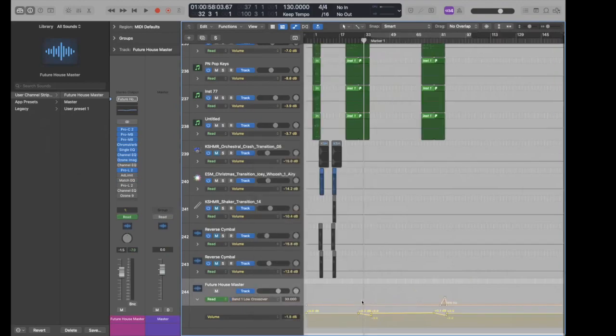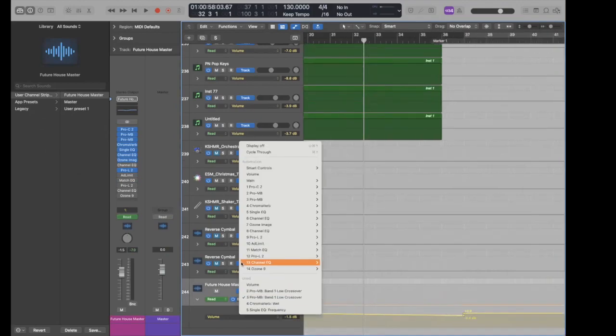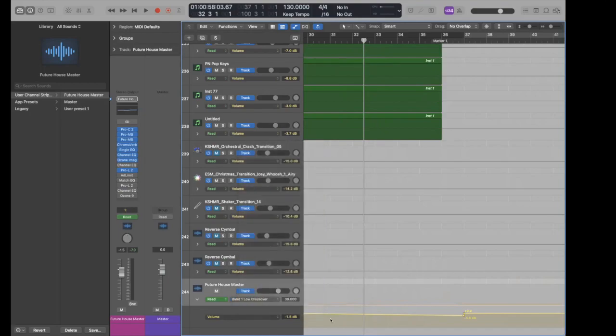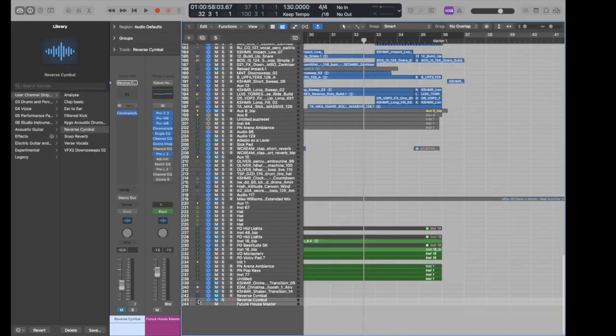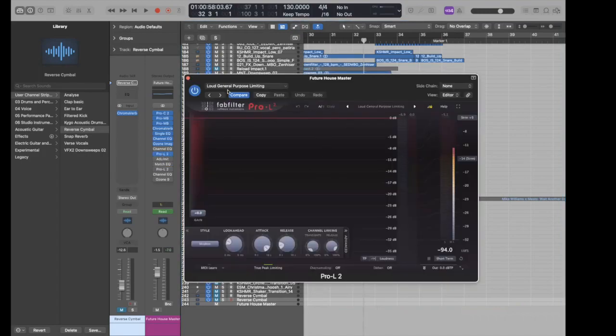That's pretty much it. But yeah, I think I messed something up. But anyways, it's not noticeable. But yeah, so I automate these things. I know it's kind of mastering, but I automate these things to make the drop hit even harder. And then lastly, I add this loud general purpose limiting preset that I just got from